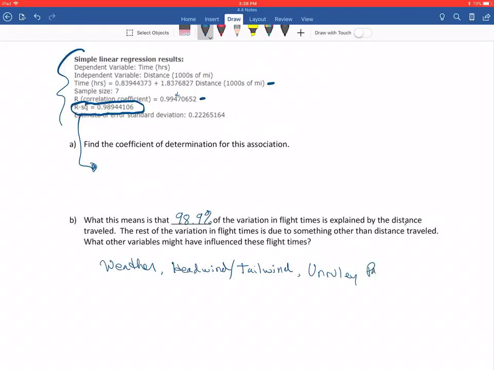I've been on some flights where we had some unruly passengers. Passengers who just couldn't find their seat, couldn't figure out what to do with their carry-on, things like that. That adds to your flight time because you're on the plane, you've loaded, and you're not able to take off yet. So that adds to some of that kind of upfront time where your distance might be 0, but you've still got time associated with that. So overall, though, what we want to get out of this is that's what that R squared value tells you. It tells you that much percent of your variation is